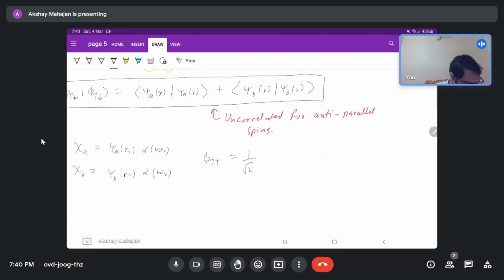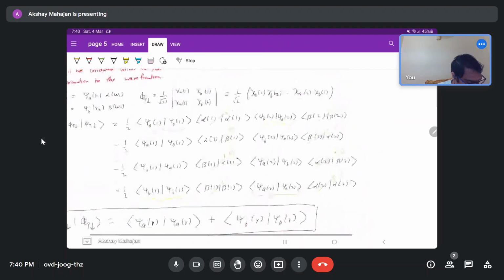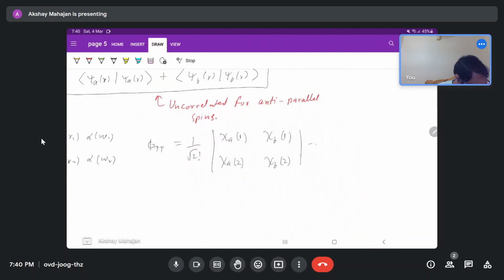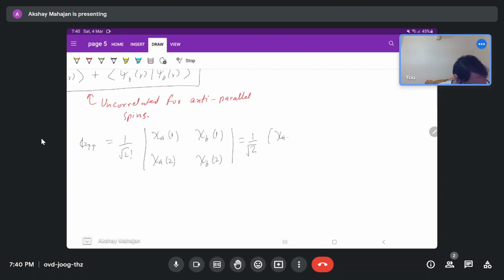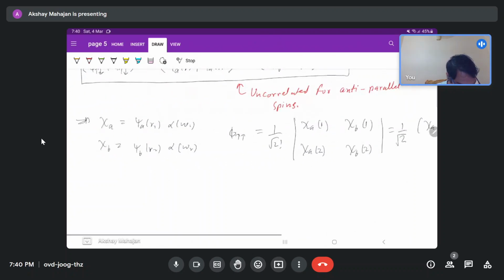will now be a Slater determinant, and again your columns will be your spin orbitals. You have chi A, chi B, then put your electrons in the rows, 1 and 2. Again I am using the same notation chi A, chi B, but now the definitions are changed. They are for the parallel spins. Now you have chi A of 1, chi B of 2 minus chi A of 2, chi B of 1. Again we have to do the same phi parallel parallel